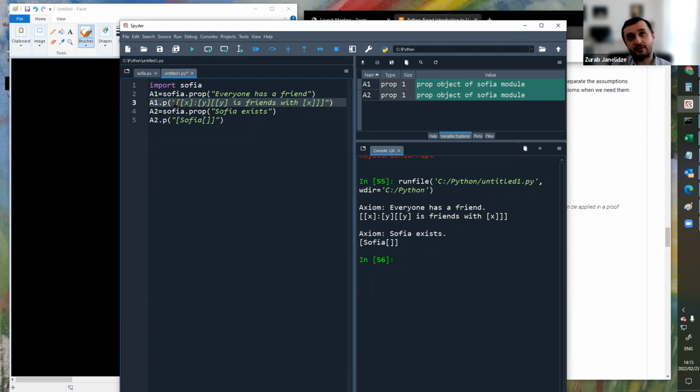Unlike in a theorem, where we never tell Sophia what the theorem should say, we always try to give an argument for the proof, and then Sophia herself comes up with what the theorem should be. Here, it's the other way around. We tell Sophia what it should be because she's not going to be able to generate it from any kind of proof. And if we look into the expression itself, what it says, so let's maybe look at it on this side. Well, intuitively, we're already given a hint. This is supposed to say that everyone has a friend. Let's see how this is achieved here.